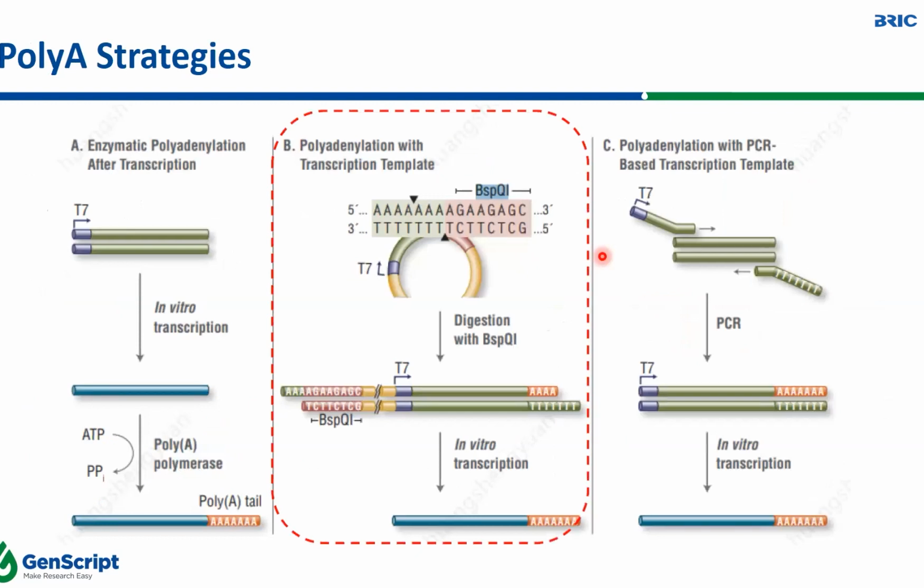Now I would like to talk about the poly-A strategy. Similarly, there are a couple of strategies that can be used to add the poly-A at the 3' end. The first strategy is known as enzymatic polyadenylation after transcription. As described, the poly-A tail can be added after the in vivo or in vitro transcription, with the use of poly-A polymerase. But the drawback of this approach is that the user is unable to control the number of poly-A being added to the